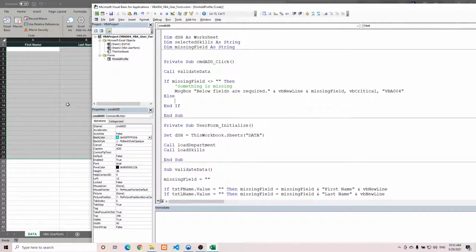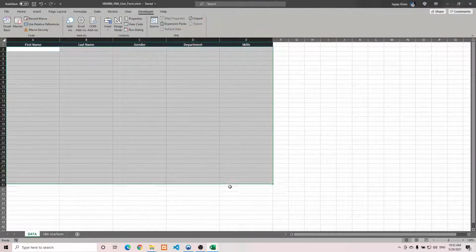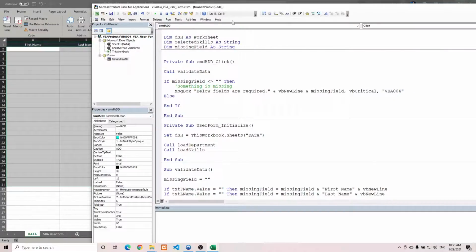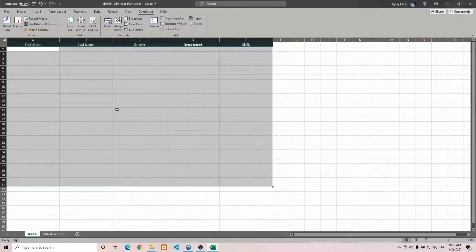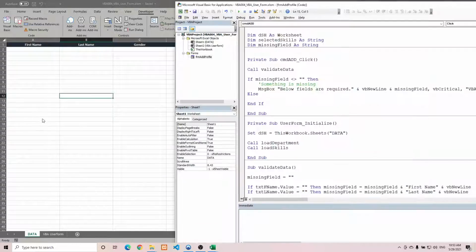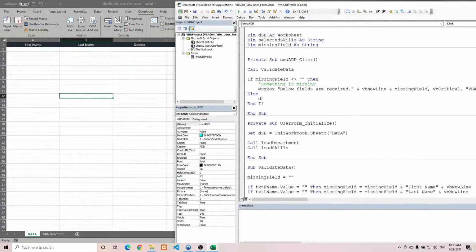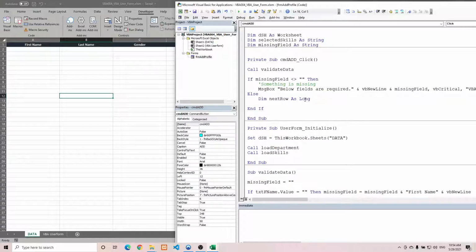So we need to add the data in our data worksheet. So here the next step is, of course, we need to know first what is the next available row, because as we add more and more data, the next available row keeps on changing. So we need to have a variable. Let's name it next row as long. That will tell us where we should put the data. So next row should be equals to